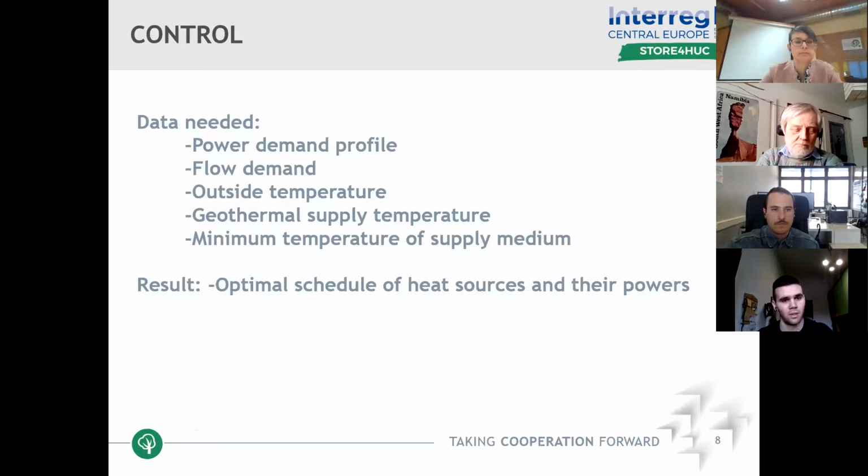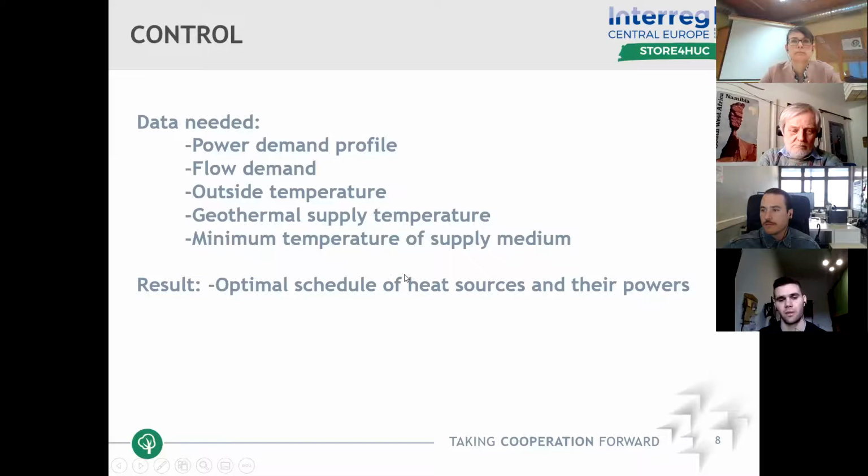And the control for this site is very similar to the one that Philip describes for lights. We also need a power demand profile for a day, flow demand, outside temperatures, geothermal supply temperatures, and the user can choose the minimum temperature for supply medium from heat tanks. And the result of the optimization will be the optimal schedule of heat sources and their powers, so the user will know at what time